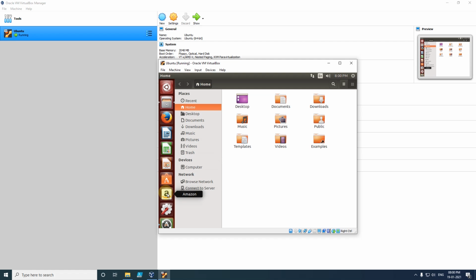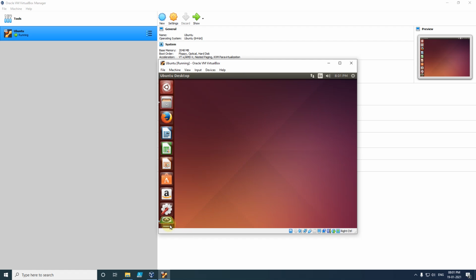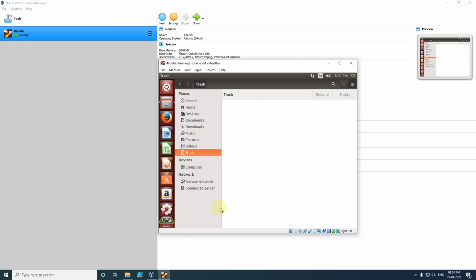After that we have the Amazon shortcut. So if I click on this one, the Amazon site will be opened. And after that we have settings, so we can change any setting for this system. And if I want to close something, I will just click here, and here you can see we have the option to close, the option to minimize, and the option to maximize. If you want to close, you just have to click on X. If you want to minimize, you have to click on this one. So if I click on this one, it will be minimized. Here we have the trash option, where you can see all the files available under this folder.